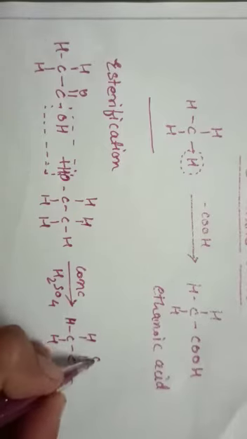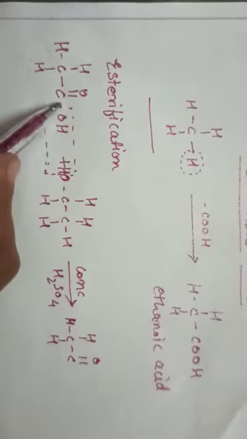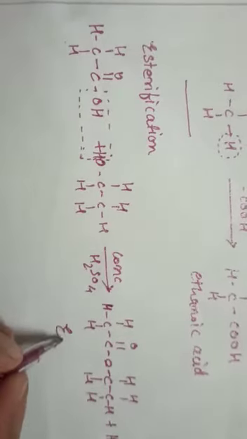Same structure, please try to write along with me so you will understand how the formation is. Now till here our product is from the first reactant, ethanoic acid. Now the OH group is removed. This bond is going to be coupled with this carbon and you will get ester formation. And your byproduct is H2O. So this is nothing but ester. We have to label it ester. It is also called ethyl ethanoate.